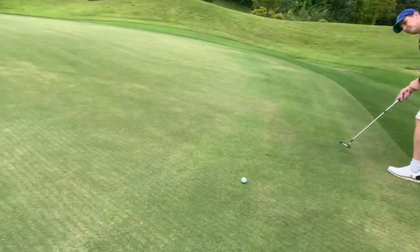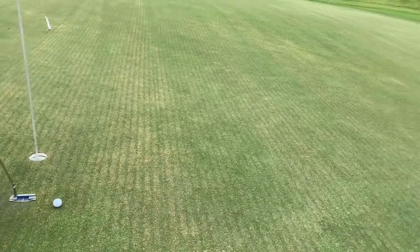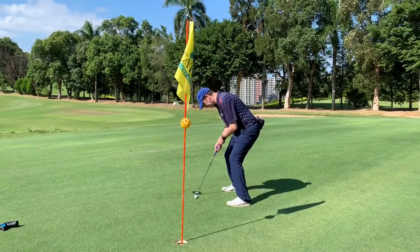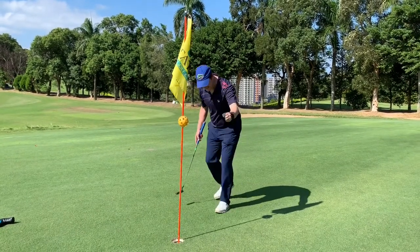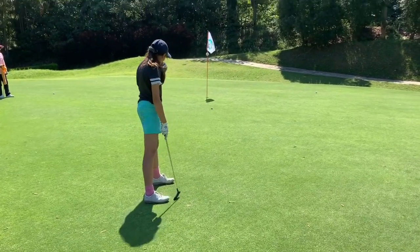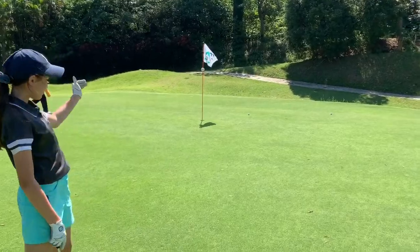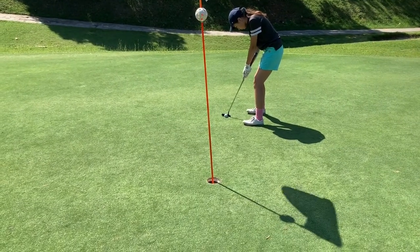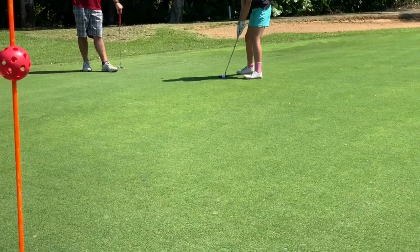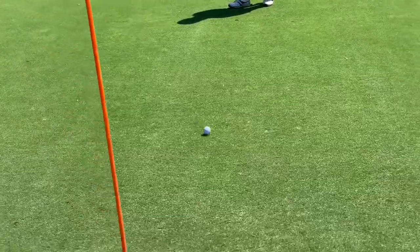It's all about keeping a good tempo. That's something we're going to be working on, keeping the tempo rather than rushing it and hitting hard or stopping. As long as the club is still rolling through, you can see she whacked the pants off that. She's gone 7 feet past, but as long as the club continues going through at a constant speed without decelerating and without really accelerating, then the chances are the ball will lag up